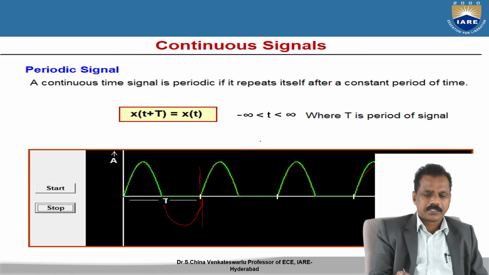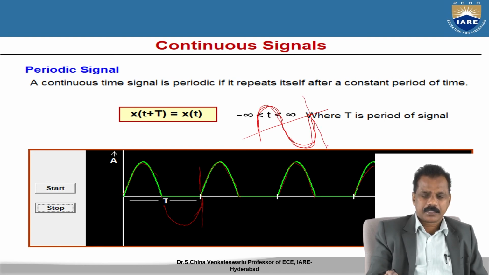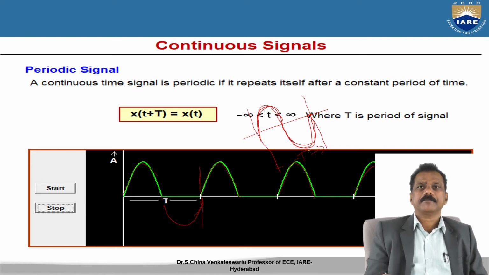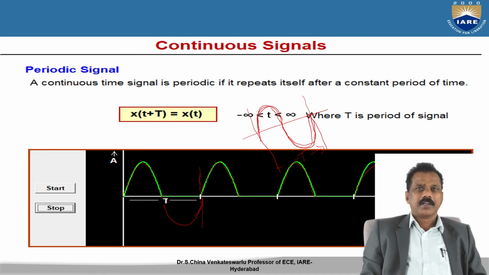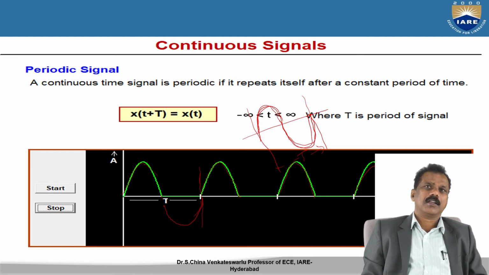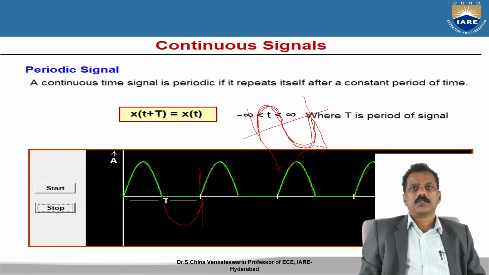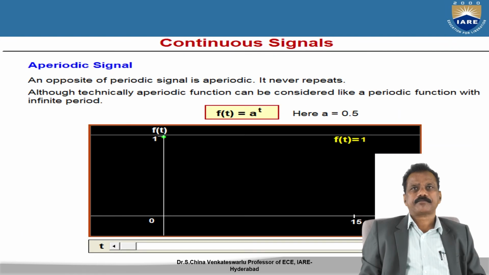Normally we know that a signal looks like this. Here, the positive going transition and the negative going transition. Here is one cycle, a positive half cycle and a negative half cycle. It is nothing but one cycle. The time period is what we call capital T. This is the periodic signal. This is how the continuous time periodic signal is represented. Observe both mathematically and graphically.